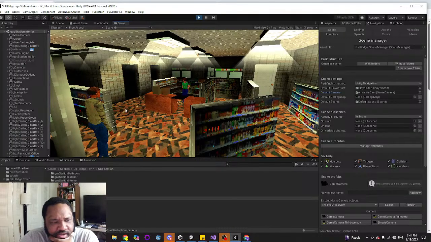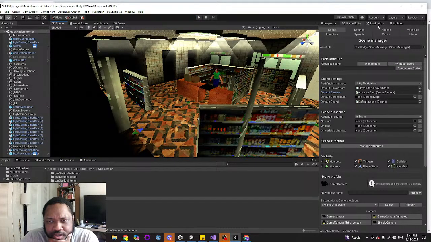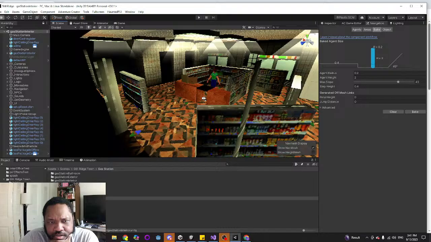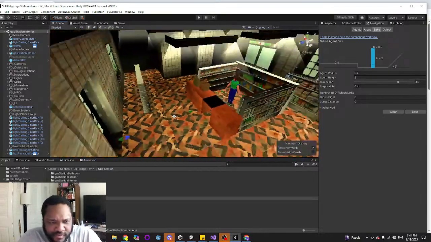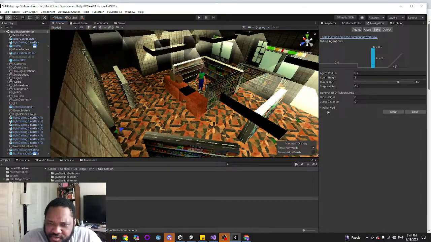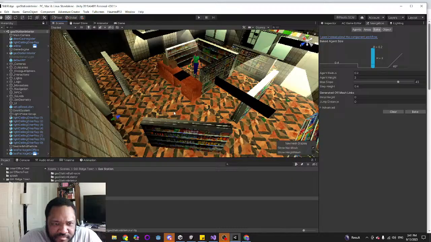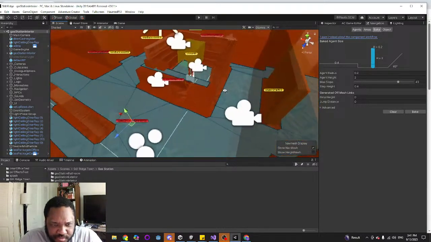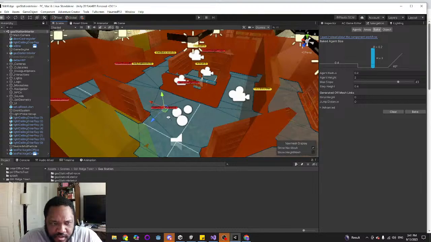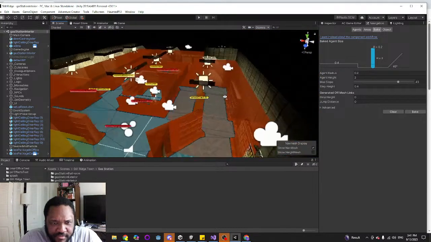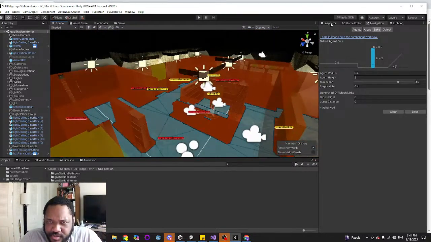But yeah, I've got no mouse cursor. I can't actually click on the world. Do I even? It doesn't appear to be showing a nav mesh. Well, that's because I've got the gizmos. Okay, so yeah, I've got a nav mesh.